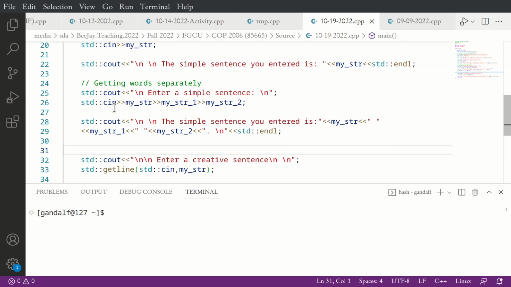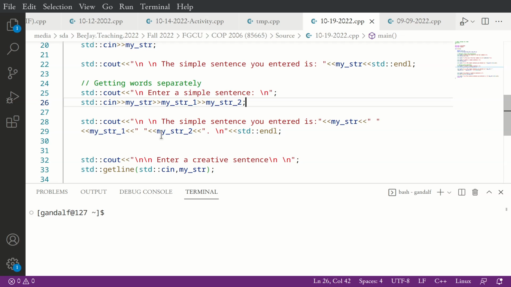One way we did it was to get each word separately, but that is not a smart idea, because if you have a lengthy sentence, you don't want to sit there and create individual variables. So we went over something called getline. If we use the getline function, we can get the entire string input from the console.